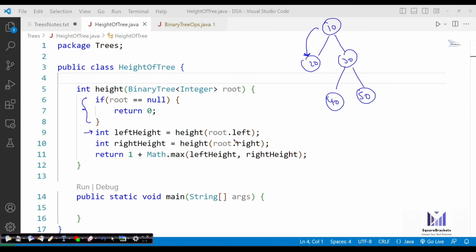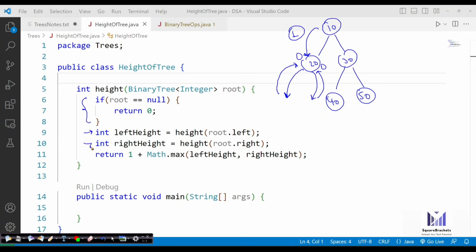All right. Then recursively, it will call the height function again with root.left. But this time it will see there is nothing in the left. So this time root is double equals to null, and it will simply return 0. Now once it has returned 0, it will go to the right of this particular node, but again nothing will be there, so again return 0. So now we have 0, 0, 1 plus 0 is 1. So till now it is able to find out that the height of this subtree is 1. Now it will go to the right of this.